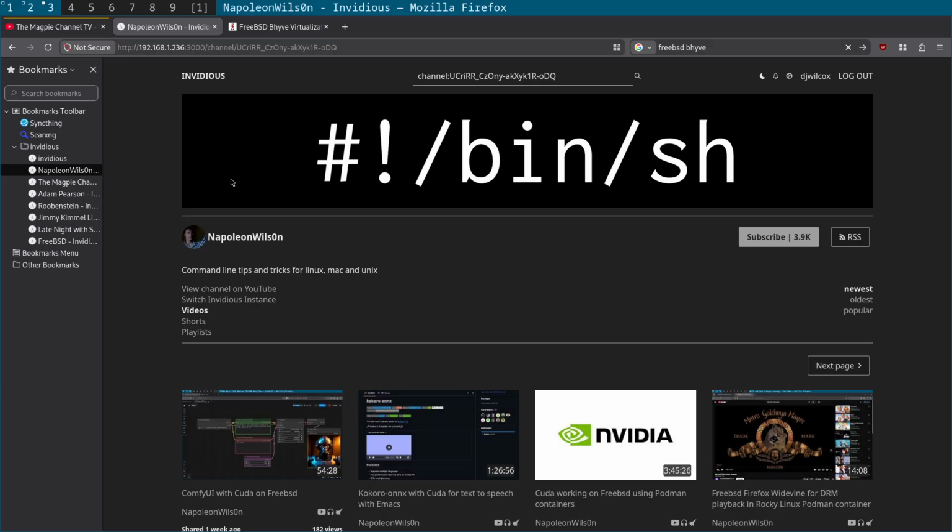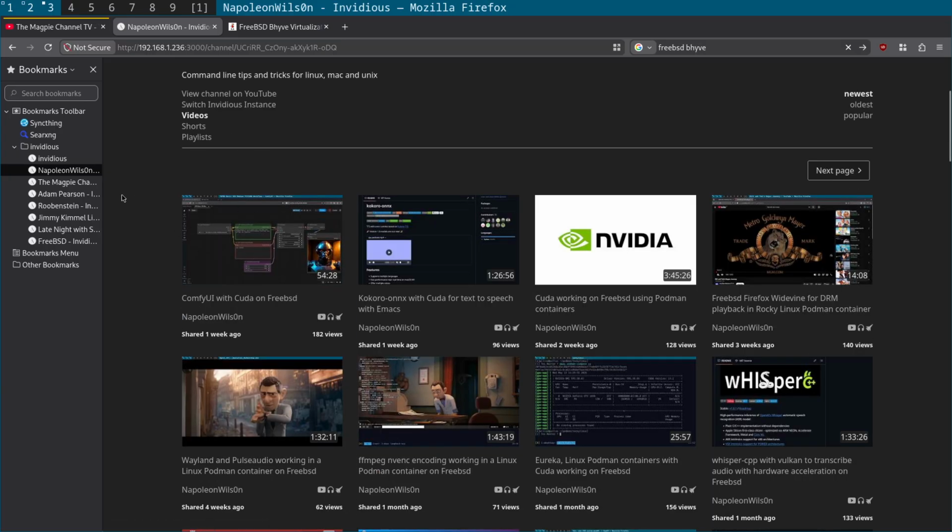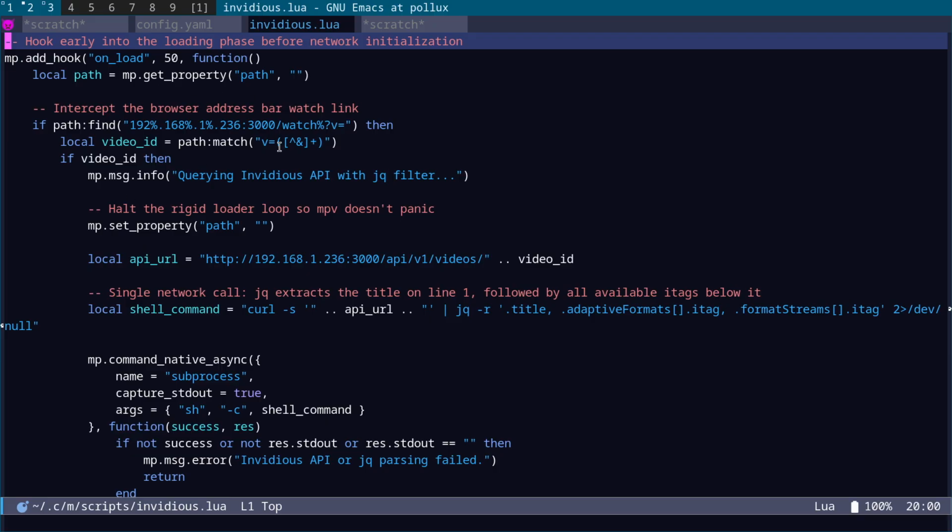when you go to a video, for example, one of these, what it will do is, this only applies to the Invidious URLs. So you can see here you would need to change the IP. You don't need to change the port, but you need to change the IP here everywhere it's listed. And basically what this does is intercept when MPV plays an Invidious URL, it will bypass using yt-dlp completely